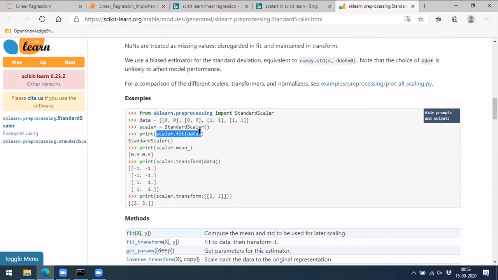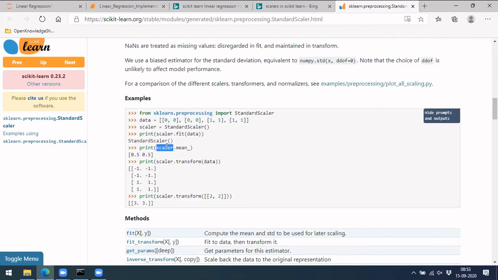It's not a model actually, it's a scaler, that x minus x min by x max minus x min formula. In the fit, they'll be calculating the x min and x max inside. With that, if you use dot transform, it will calculate for the data you provide and transform it using that formula. All those mean and standard deviation, those min max values, will get saved within the scaler itself.